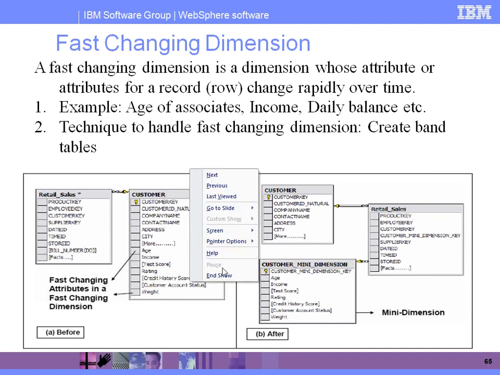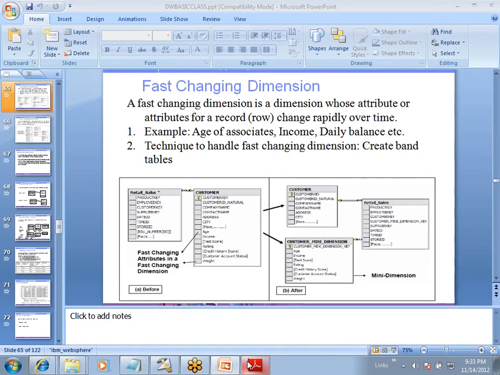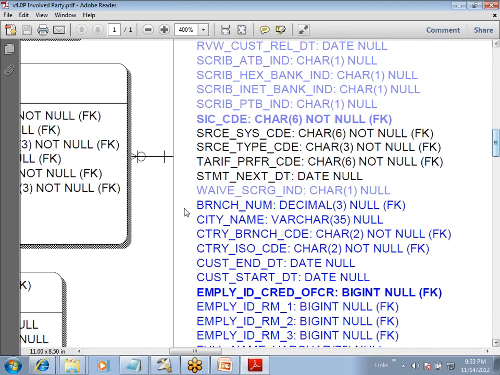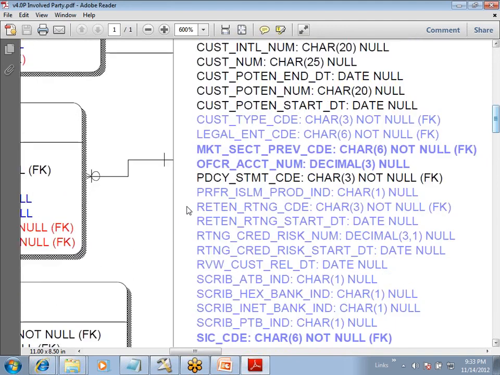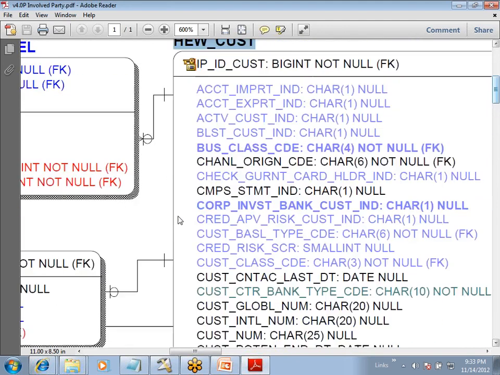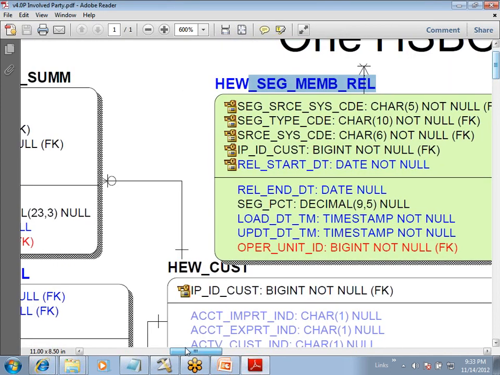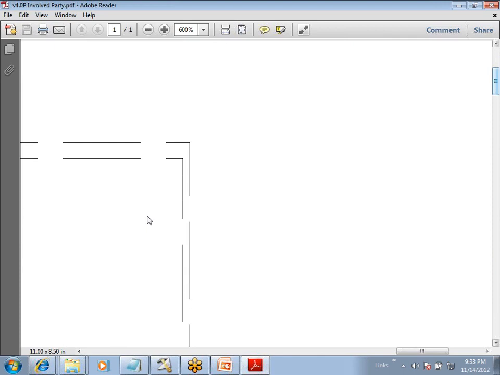I'll show you. One more thing you need to remember here. When we see the name of the dimension table or the attributes of the dimension table, you will not be able to understand whether this is a conformed dimension table or a junk dimension table. For example, we have customer or segment number relationship dimension tables. Anything, when you see any type of dimension table, let me open it.